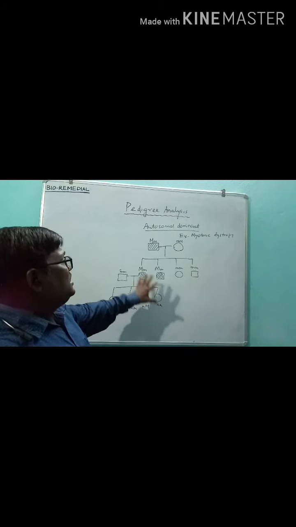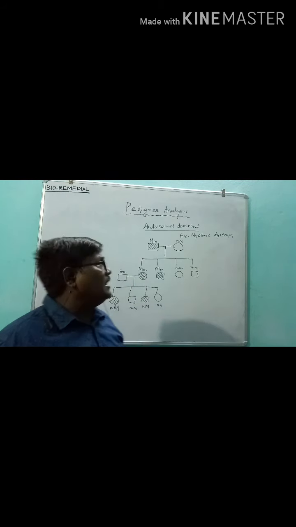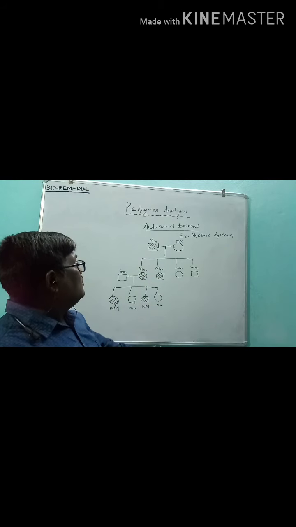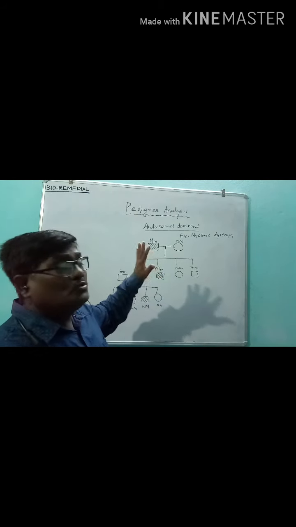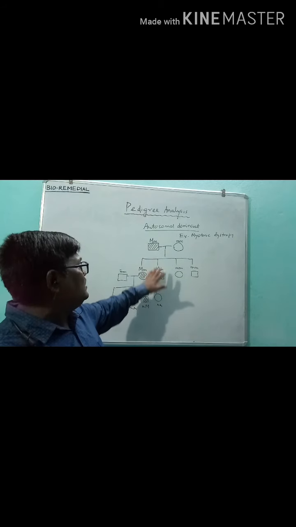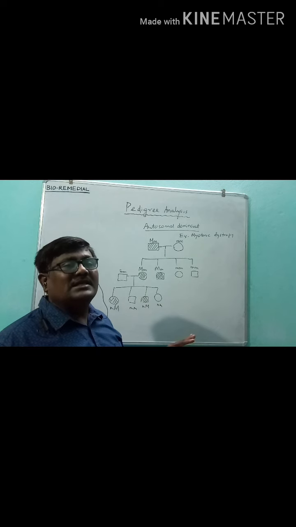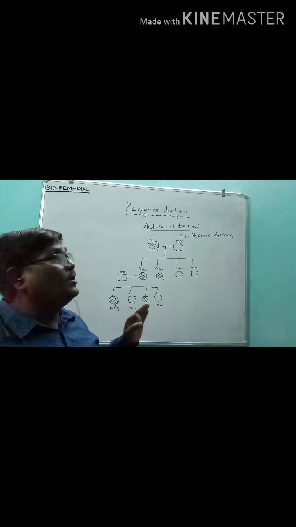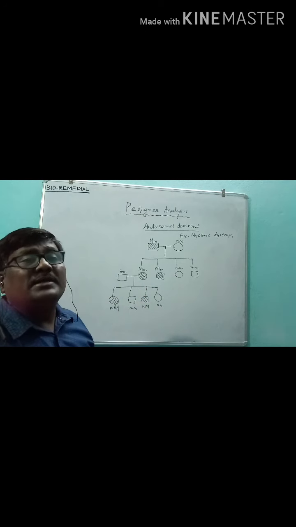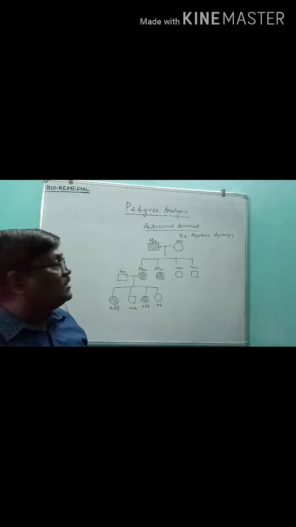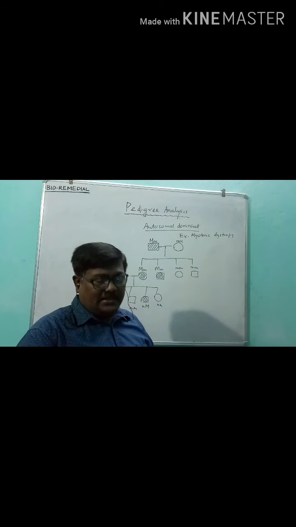So this is one of the important points to note while we identify a pedigree chart, that autosomal dominant traits are usually expressed in all generations. No generation will skip when it is a dominant trait; in every generation it will be expressed. We will see what happens in autosomal recessive traits.